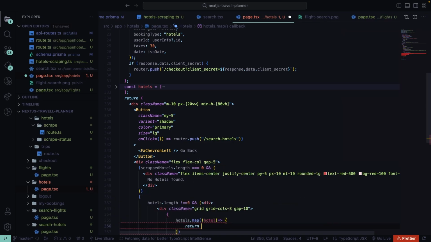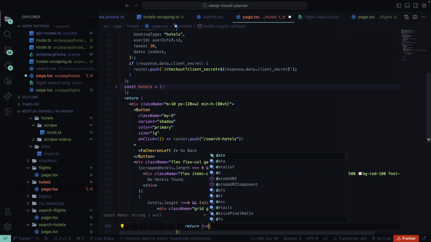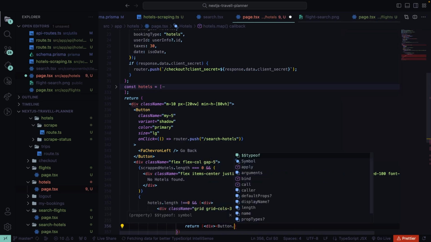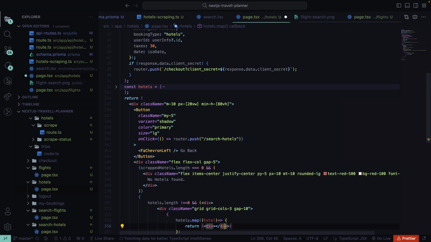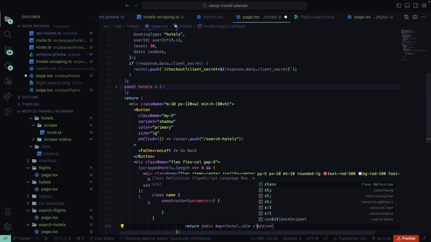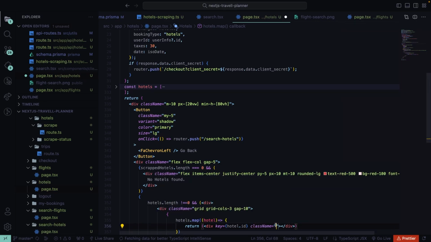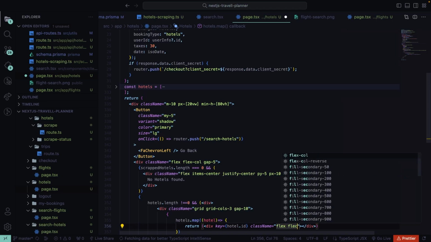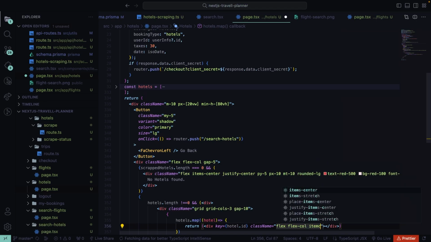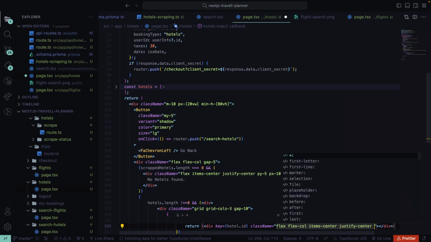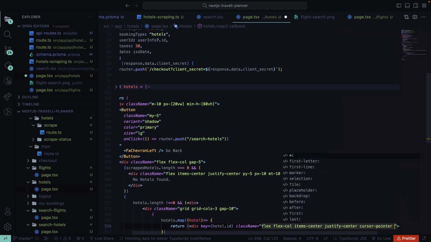Return, what should we return? We are going to return a div, and this div is going to have a key as hotel.id and some class names as well. So let's provide class name. Okay, so this is going to have a class name of flex-col, items-center, justify-center, and then we'll give it a cursor-pointer as well,